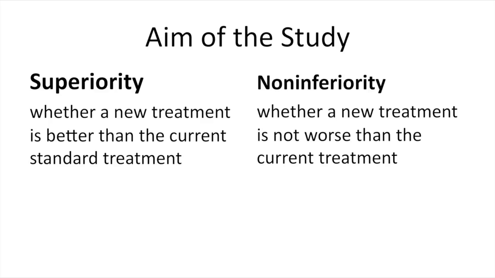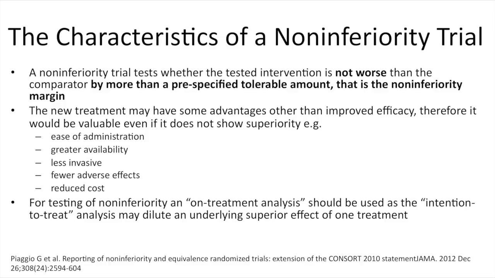Let's start with the non-inferiority trial. The standard is the superiority trial. The aim of a superiority trial is whether new treatment is better than the current standard treatment. And in comparison, the non-inferiority trial tests whether new treatment is not worse than the current treatment. It tests if it is not worse, and this is measured by more than a pre-specified tolerable amount, that is